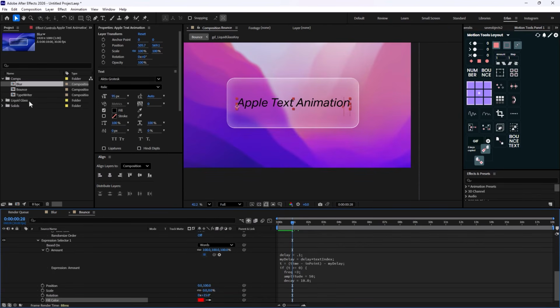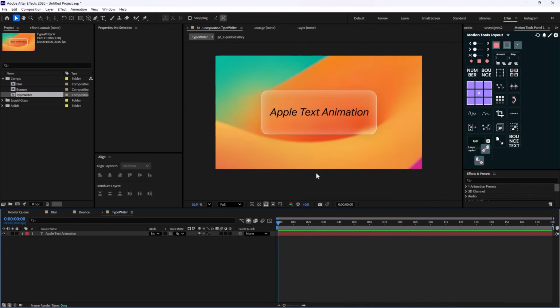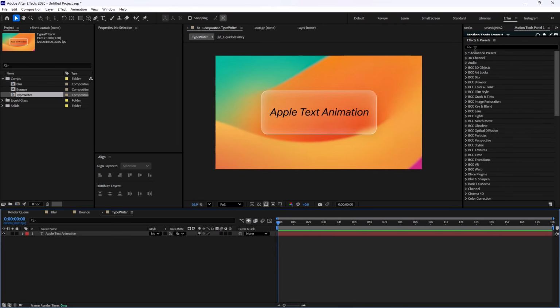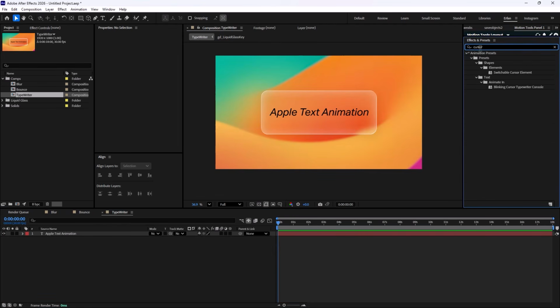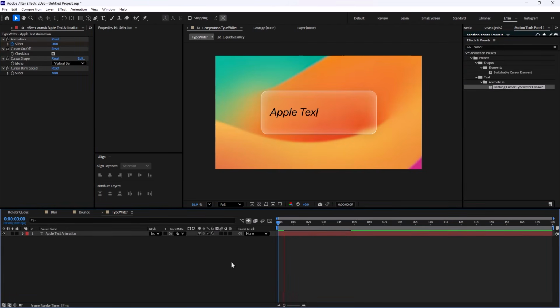Great. Now let's go towards this third type of text animation, which is the typewriter. This is by far the most easiest thing to do in Adobe After Effects, and most people don't even know this feature exists. In order to do that, you need to go and open your effects and preset tab and just type cursor, and this will give you a preset blinking cursor typewriter console, and you can just drag it towards your effect. And then, as you can see, we will have this typewriter animation.